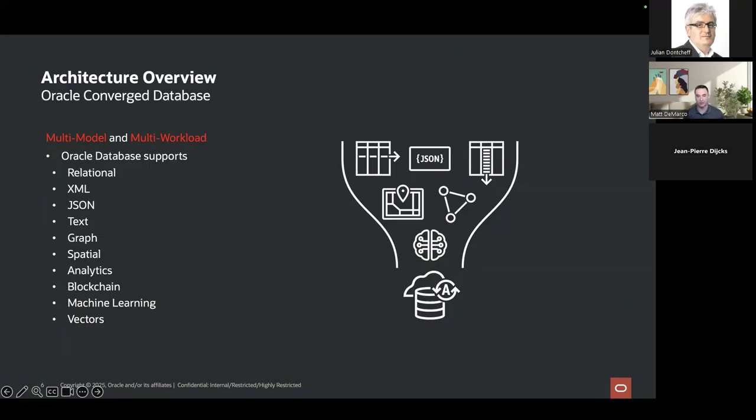So I'm sure everyone's heard about the Oracle Converged Database. If you haven't, basically what we propose here at Oracle is that you don't implement an additional database, just use the associated data type. So Oracle has had multi-model, multi-workload support for years, most traditionally with relational-based workloads and analytical-based workloads. Right? But if you look at this list here, you'll see that over the years, we've expanded into more data types, supporting more workloads. So we introduced support for XML, I believe, in 9i. We introduced formal JSON data type, I believe, in 19c. Correct me if I'm wrong on that one, Julian or JP. And then,